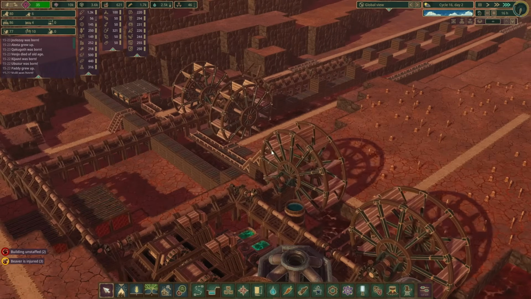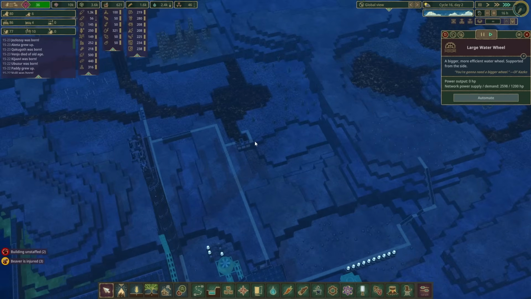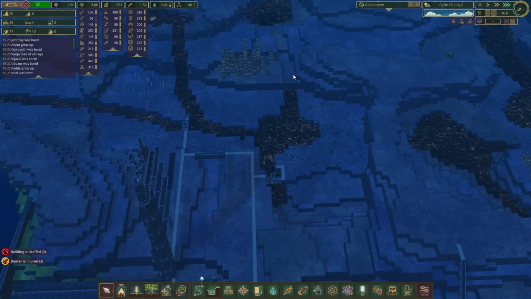Our first water wheel in the new build is working. The other water wheels are not working at all because that's here. Then let's now, because it should be done. That was fine. And this one's now open. So we'll now send this